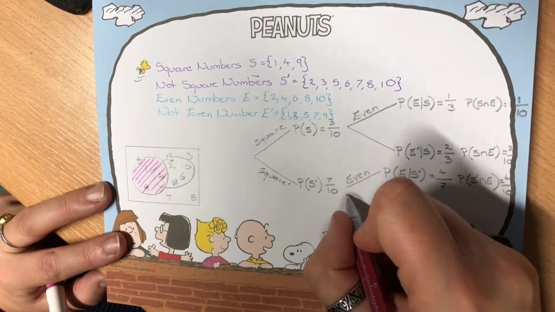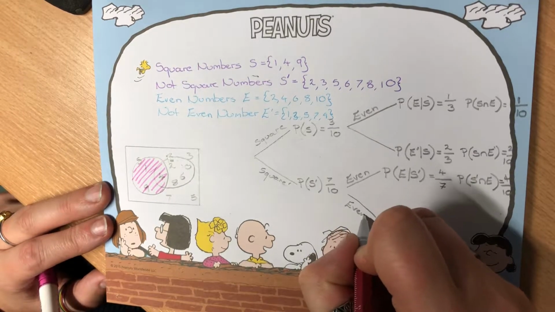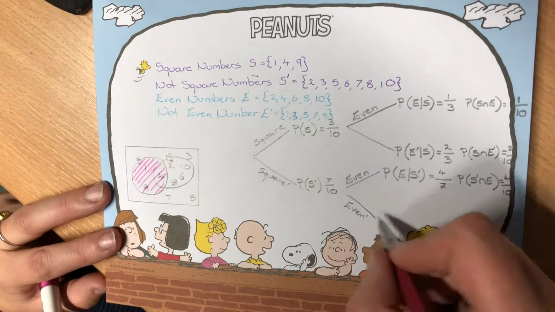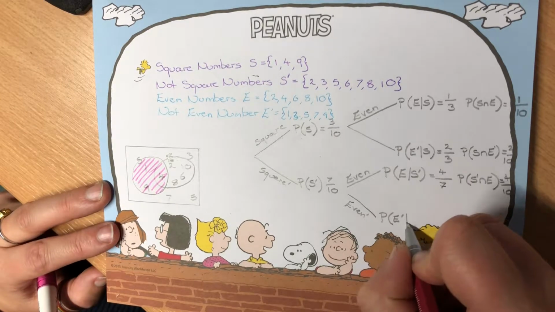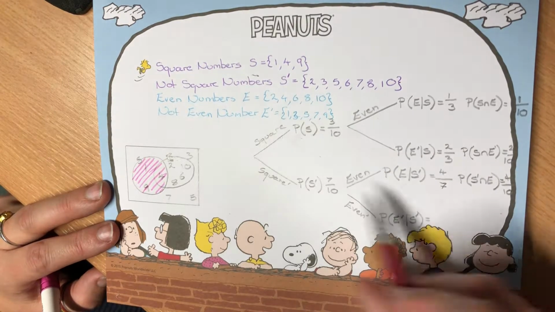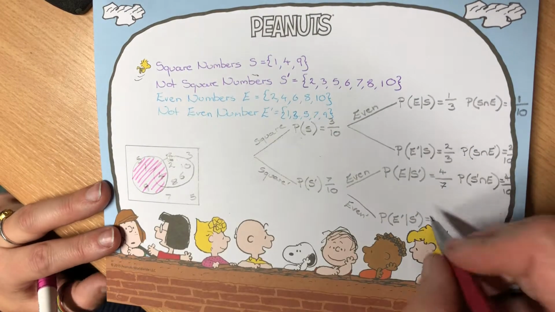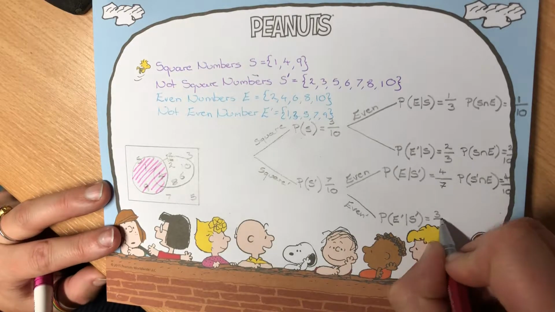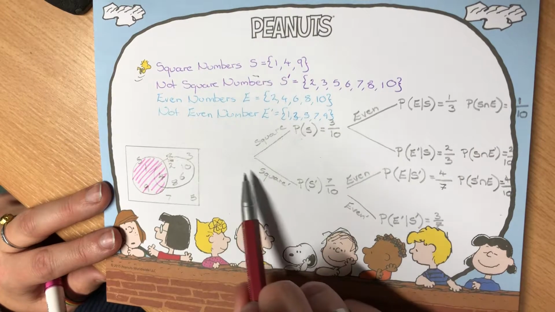The other option that we've got is that it is not even. So even dashed. Because we're already on this branch, we already know it's not square. So we are looking at the probability that it is not even given that it is not square. So we know that we've got 7 that are not square. Of those, 3 of them are also not even. So we are looking at the remaining 3 out of 7 as not even, given we already know it's not